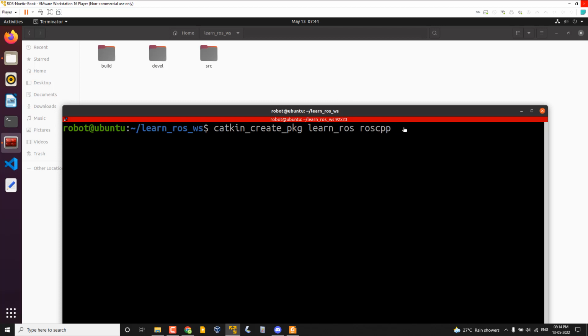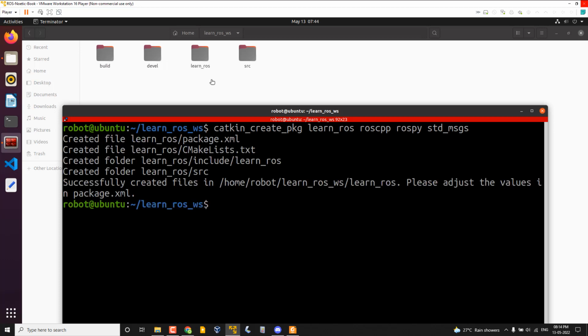Okay, I will be talking about ROS CPP after some time. Then ROS Py. So if you are planning to work with ROS and Python, you have to add this. And if you are planning to use some messages, standard messages, or the messages that are already available with ROS, you have to add that package as well. So currently we are just adding standard messages. Okay, after adding this, just press enter,